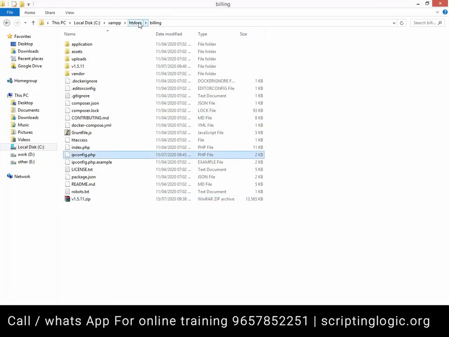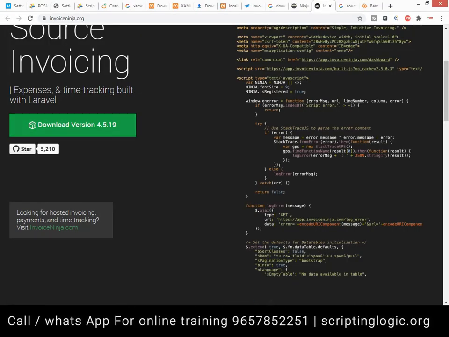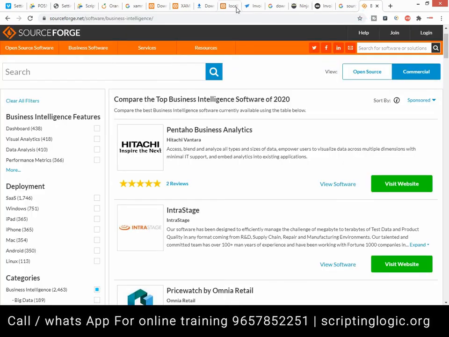Let me check whether I have this already downloaded. Ninja version 4.19 is there. So let's just wait here. One minute it says. We will get it into the Zap, and let's see whether we get the same steps or not. Also, you will get Orange HRM here.